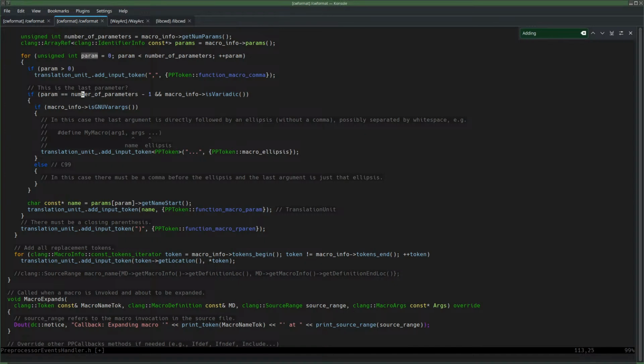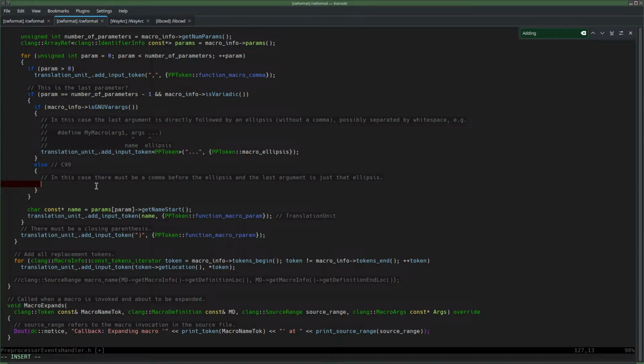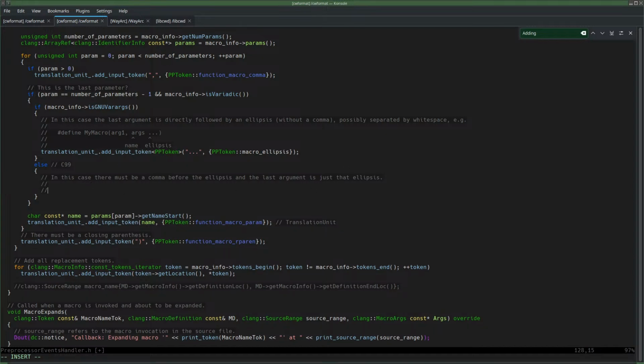So this is the last parameter, and this macro is variadic. Then we have two options. Either it's like that, in which case I want to do this, and then add the ellipsis. Or, so this is now done too early, actually. This should be done below that line. Okay, anyway, in this case, we have define my macro